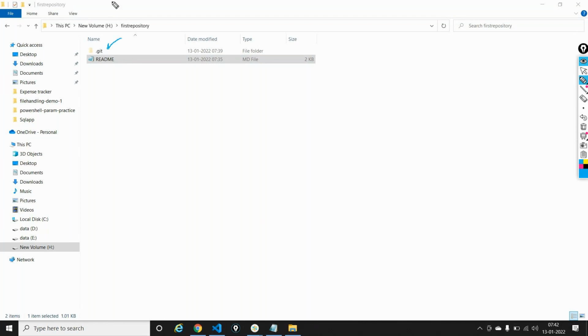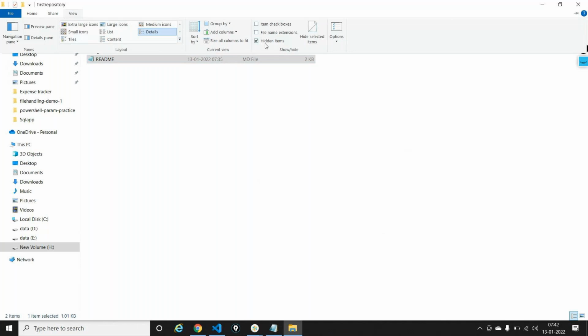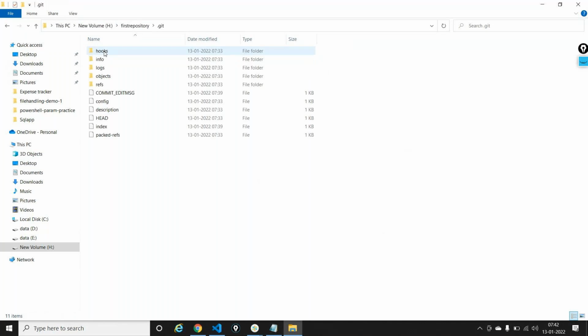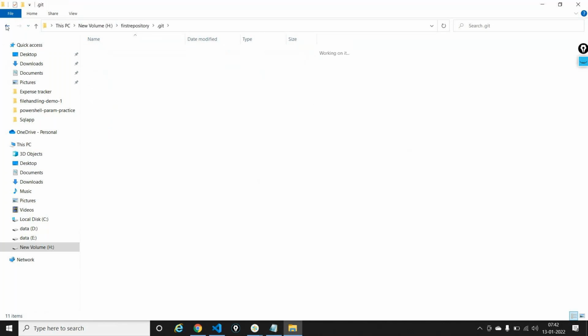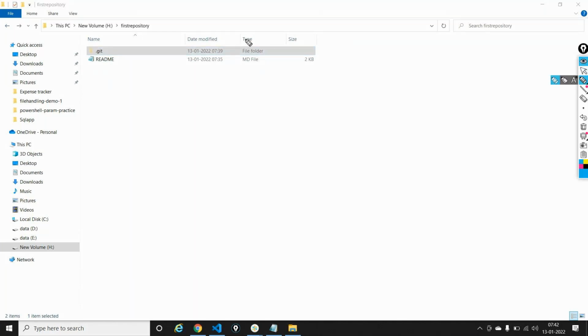Now you'll only be able to see this provided you have this option enabled. So if I go into my folder view, I have something called view hidden items. So this will come like a hidden item, and this has a lot of things like references, objects, and etc. Meaning this is called the Git local database,